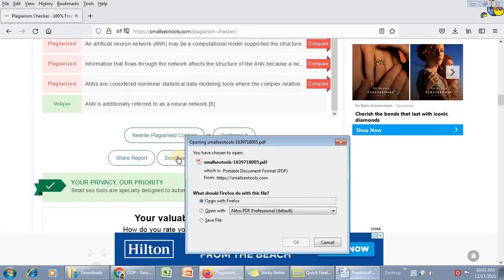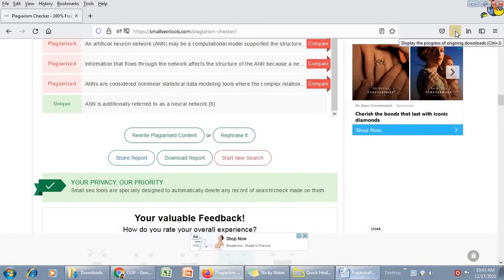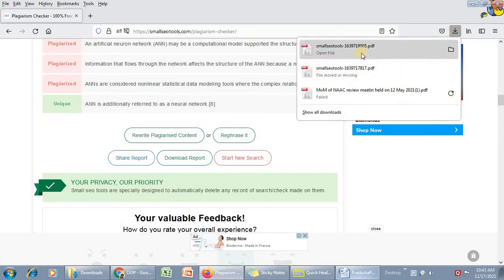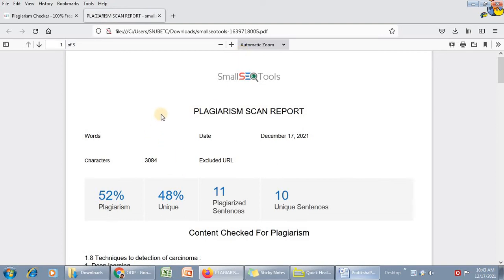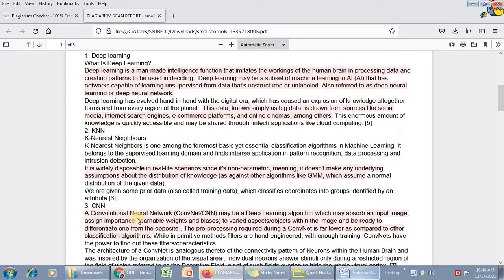Now I'll show you how to combine your report and how to go on for the seminar checking. So here my second report is also checked. I'll go into this particular thing. See, yeah. This is what I wanted to show you, that it will give you a plagiarism scan report, which gives you the date on which you did the plagiarism checking, how many characters it had, what type of plagiarism it has, and how much percent, 48% uniqueness is there. And if you see the red part of it, these contents are plagiarized. This is what it is showing.